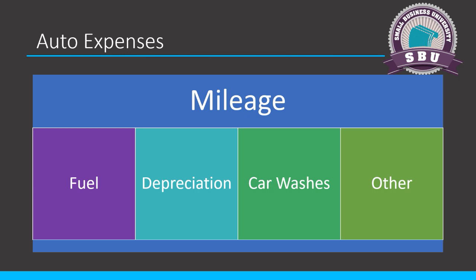They all need to be monitored for non-compliance. If they're doing their own accountable plan, I'm going to show you in the next slide how we're going to monitor their non-compliance. If they are paying you, you have to make sure that when they're submitting information to you each quarter, they're tracking this mileage. And if they're not doing it, you need to have this talk with them. You need to have this time for Big Mama or Big Daddy to sit you down, Mr. Client, and tell you, hey, if you're not going to do this, I'm not going to let you write this stuff off, okay? And you have to do this.